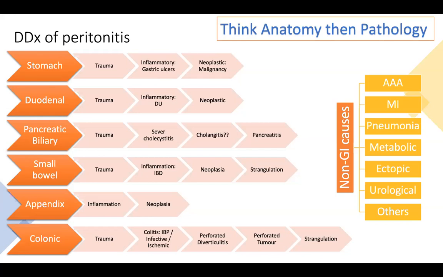Small bowel strangulation can happen because of hernias, internal hernias, or because of adhesions or obstruction or whatever. Appendix, very rarely the trauma to appendix, but anyway, that's why I didn't bring it up. Inflammation, appendicitis, sometimes neoplasia in the appendix. Colonic can be trauma, can be still IBD, inflammatory bowel disease. It's IBD, not IBB. IBD can be infective colitis, can cause a picture similar to peritonitis